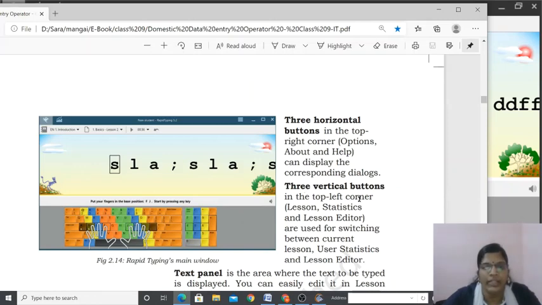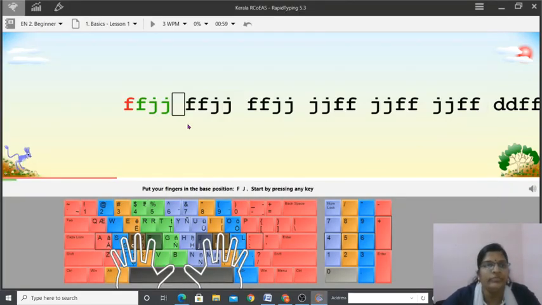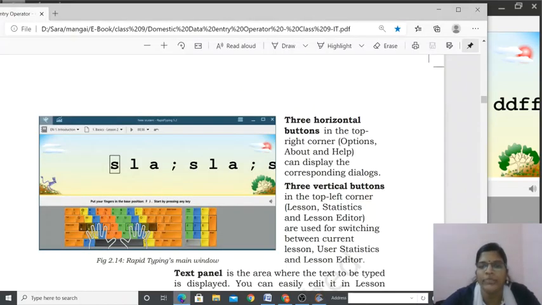Three vertical buttons in the top left corner. Do you see the vertical lines here?